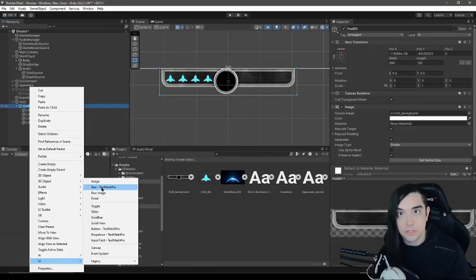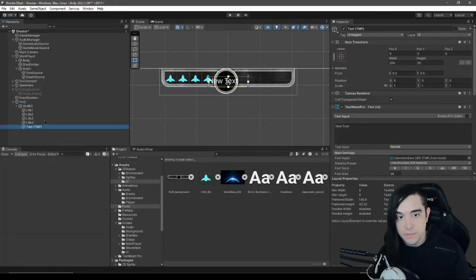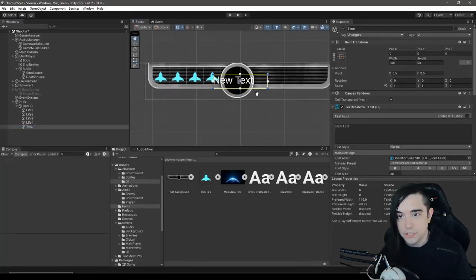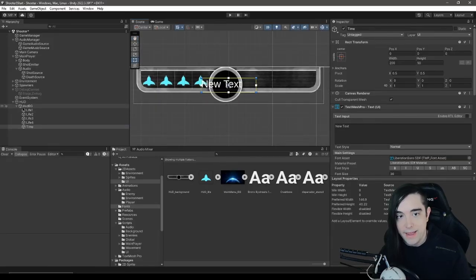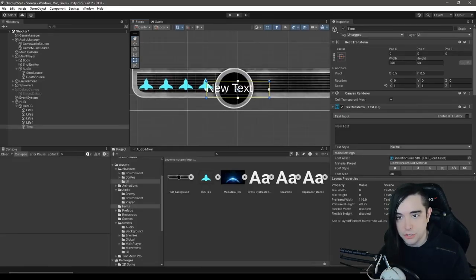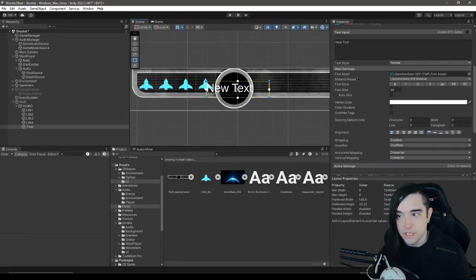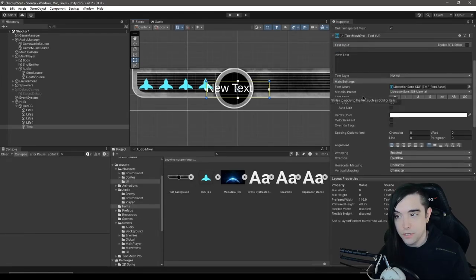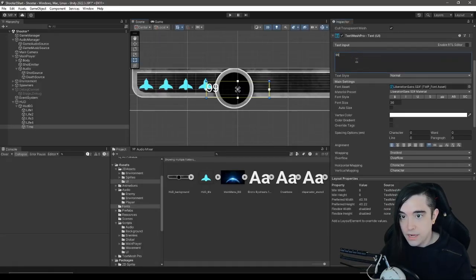Now this is what we're going to use with our font, obviously. So I'm going to create a Text Mesh Pro component, and I'm going to name it time. And right now it's just using some default font, but because we've added it parented to the HUD background, it is already anchored to our HUD background, so it should be fine. And you can see here's the text mesh component here. We looked at it a little bit before. And what we're going to need to do is convert our fonts to be able to work with Text Mesh Pro. Okay, so let's start by just saying, I'm going to put 999 in my font box here,